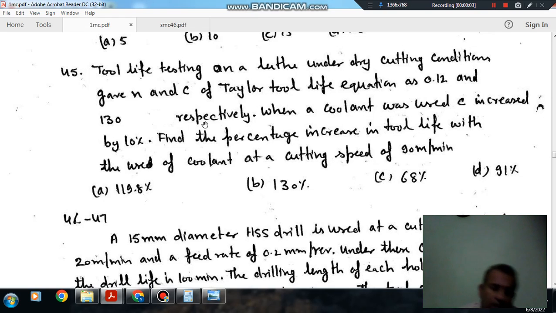Hello, welcome again. We are solving some questions of production engineering or manufacturing science. The topic is metal cutting. Question number 45 is